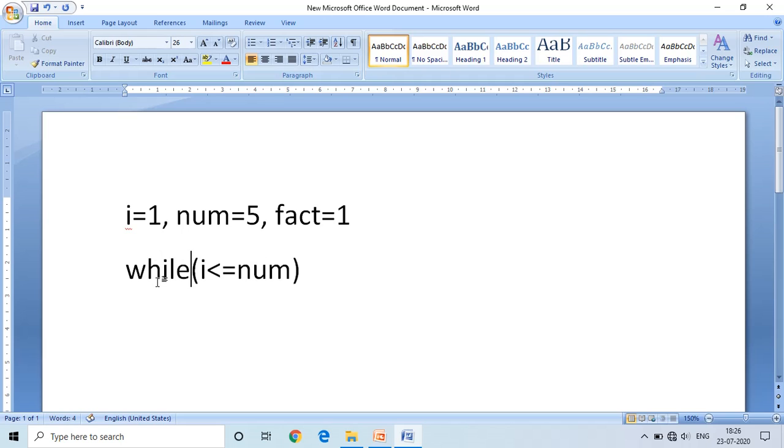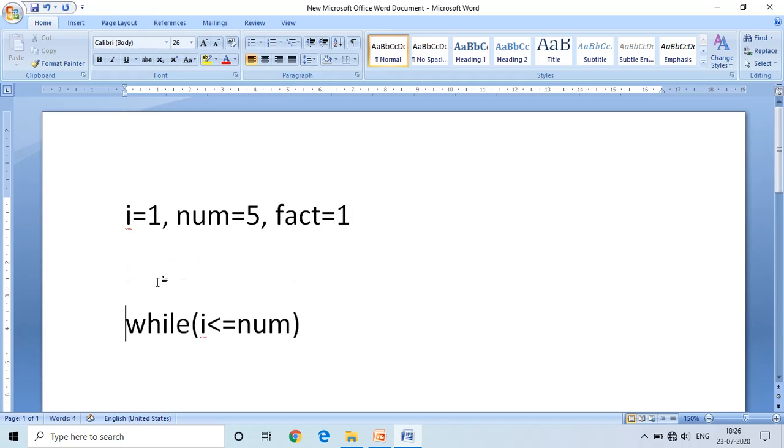In iteration 1, while I less than or equal to num, we will substitute this value.